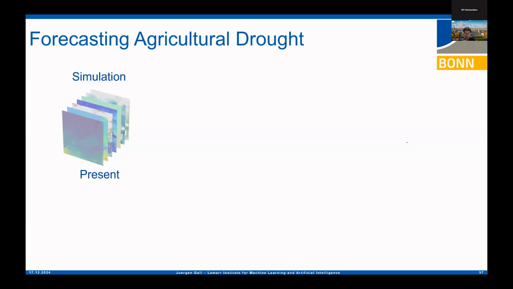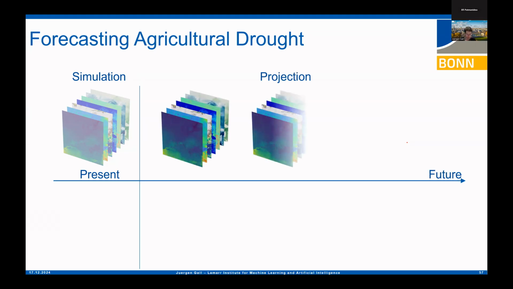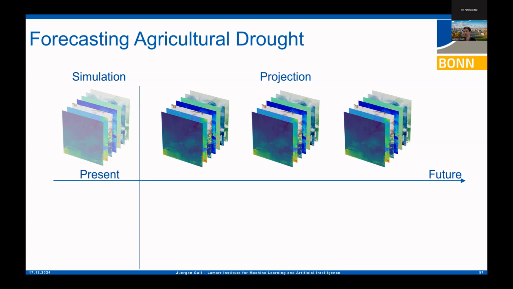When we do the long-term predictions, we also utilize a simulation model. Simulation models are physical models that you run based on many differential equations. Then the so-called projection means you make a prediction for the future for several years, in this case just the next few years. However, these models do not contain all the variables. For instance, there's not a perfect coupling between the surface and the variables you have in the atmosphere.